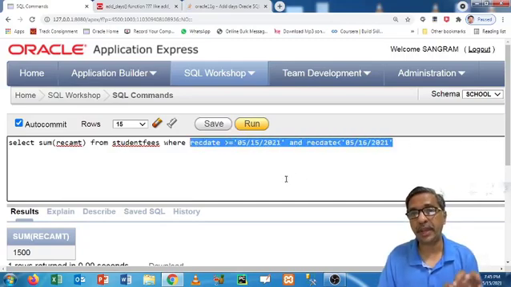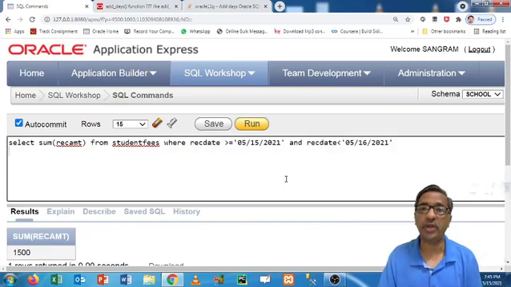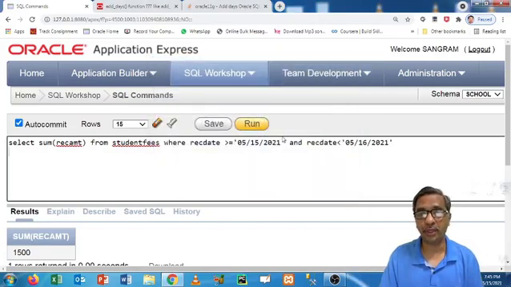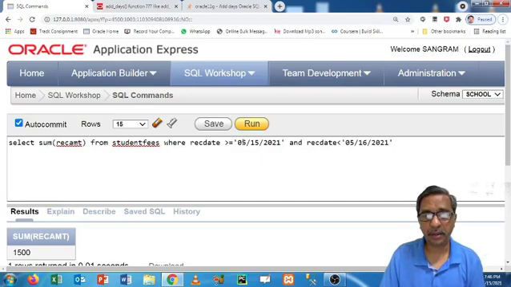Compulsory, it must be like this. Otherwise, it is not going to work. Okay. So try this. This is important from the interview point of view, and you have to practice this compulsorily. Without practice, it won't work. So here we are comparing the date from 15th May to 16th May.